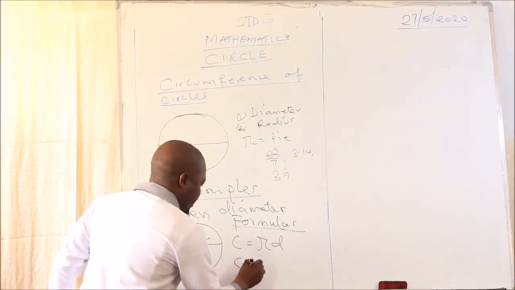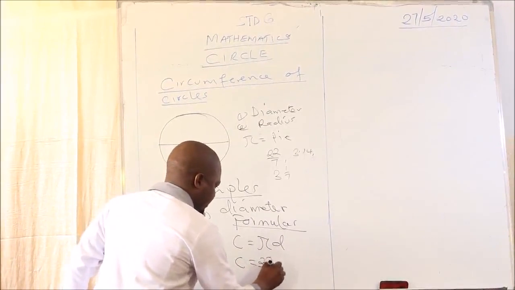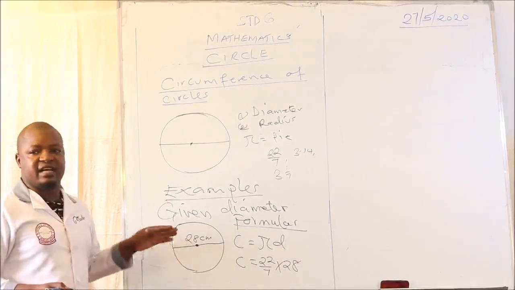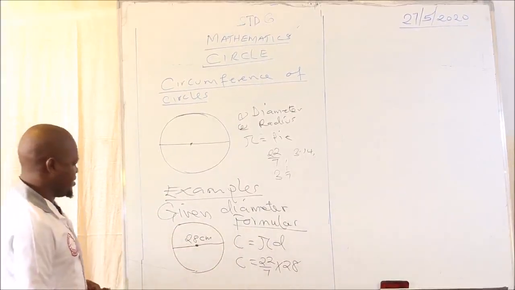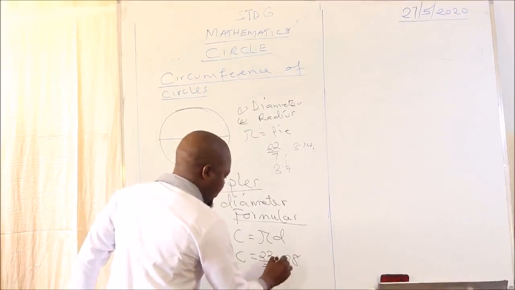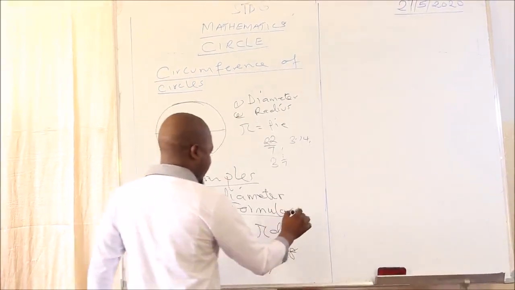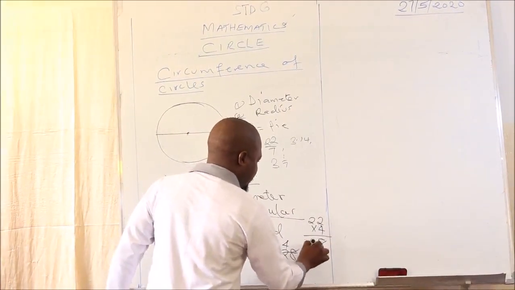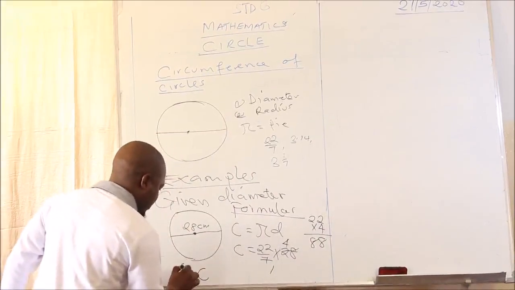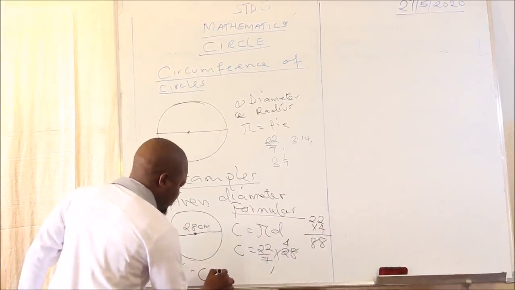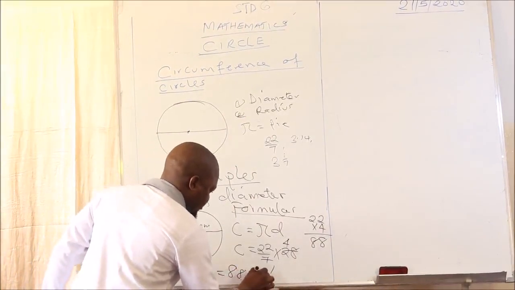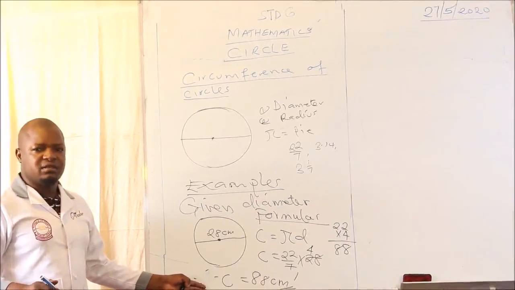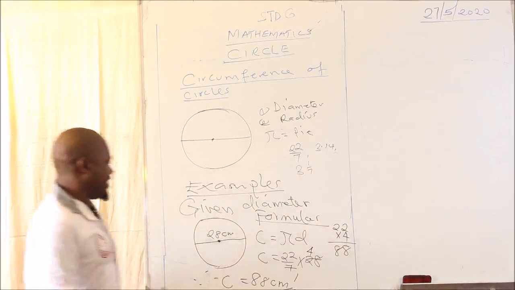Therefore, circumference will be 22 over 7 times 28. Why 22 over 7? Because 28 is exactly divisible by 7. So, here we simplify, 7 here 1, 7 here 4. Then finally, we are going to have 22 times 4, whereby we shall be having 88. Therefore, circumference of the circle is equal to 88 centimeters. This is the case when we are given diameter. What if you are given radius?